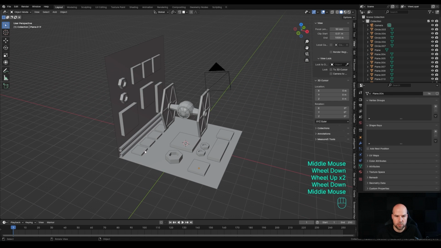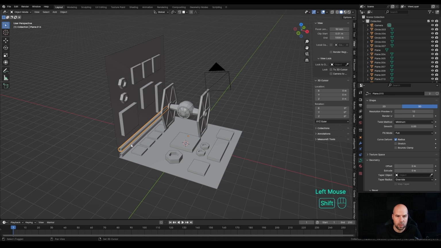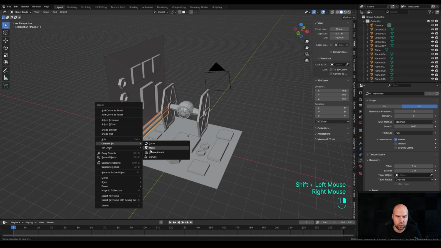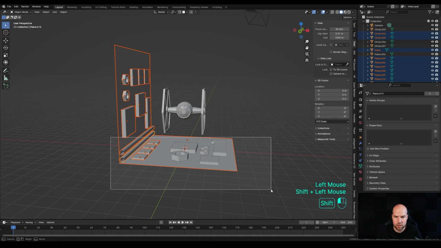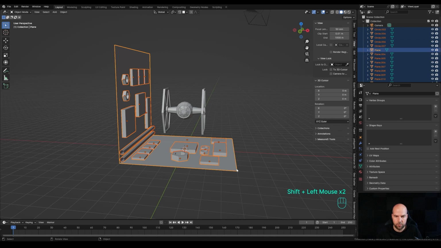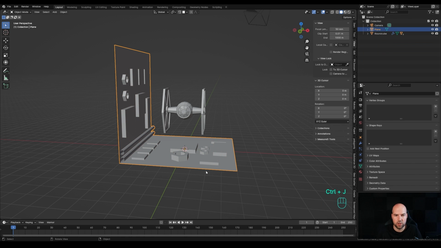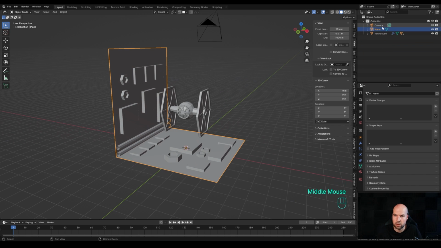But all in all, I think this will be enough. So to make things super easy, first let's select the pipes here, right click and convert to mesh, and then we'll select everything, and here as well by holding Shift, select the original plane, and just press Ctrl J, and that will join everything into the geometry, so it's only one object,